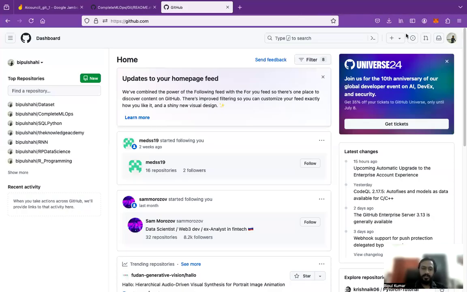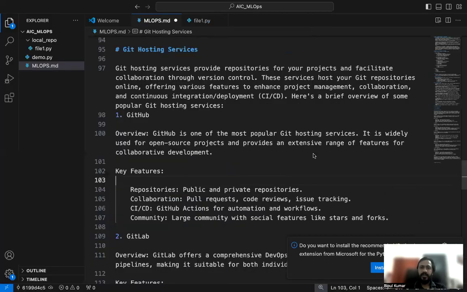All right, guys. So in this video, we'll try to understand what Git hosting services are, and how we can use them. It is just an online, or you can say cloud, service. Some are open source, and some are paid services, depending upon the requirements. Git hosting services provide repositories for your projects and facilitate your collaboration through version